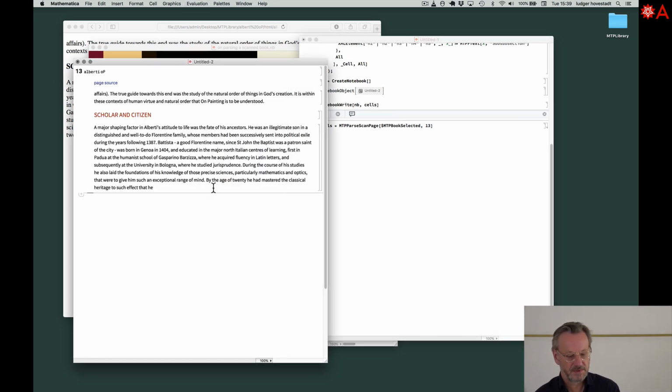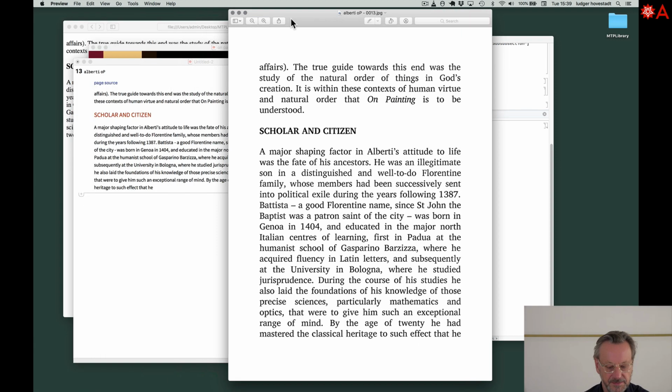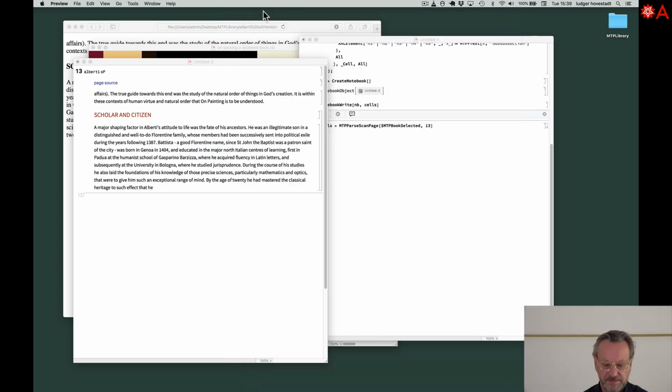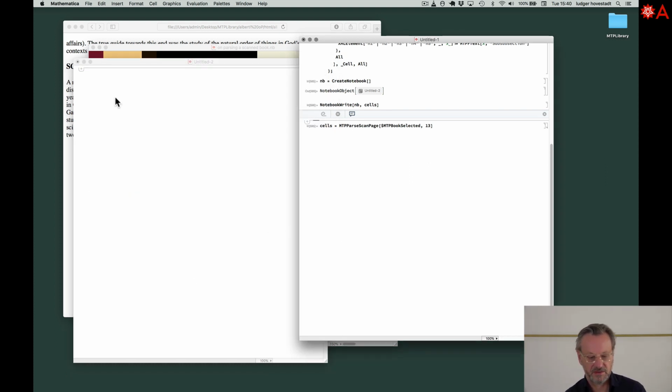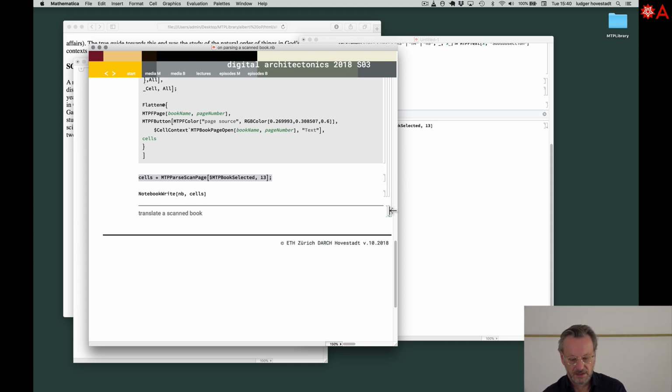Okay. We have the page source here. This I introduced with the button. So this is interesting. We go here and then we see the same thing in readable form, the JPEG we scanned before. This is a kind of extra I introduced. Good. That's it. Having that, we now can work on the whole book,